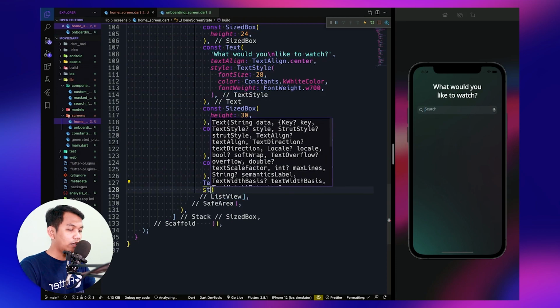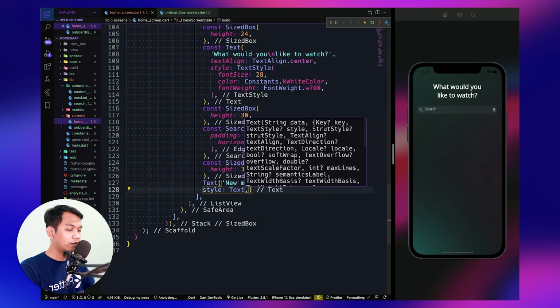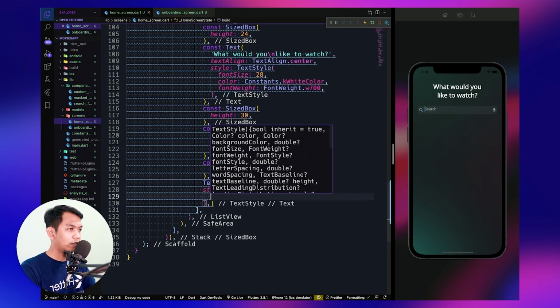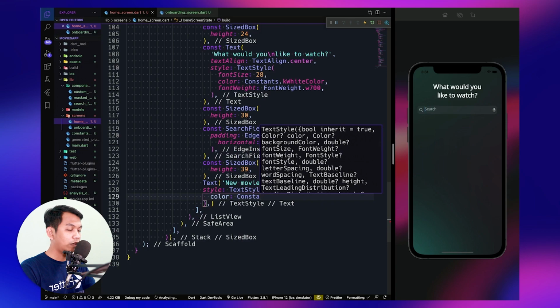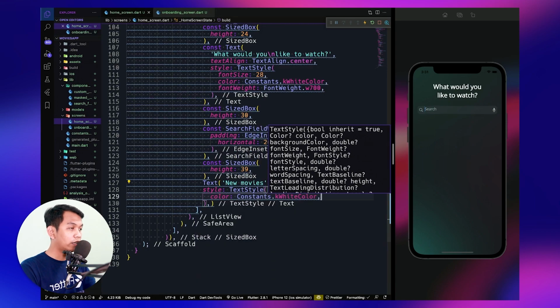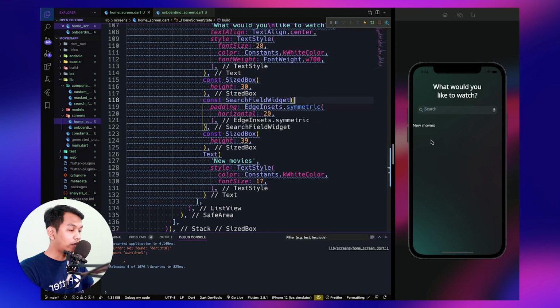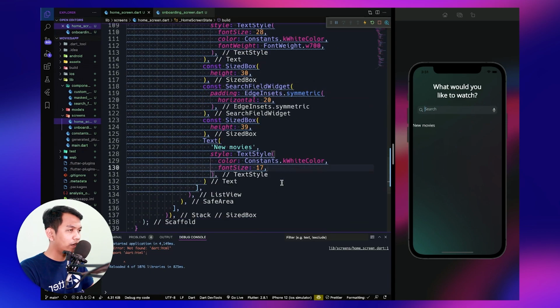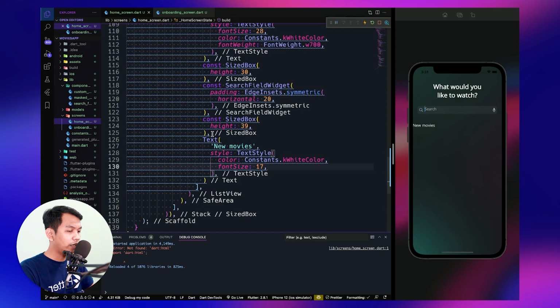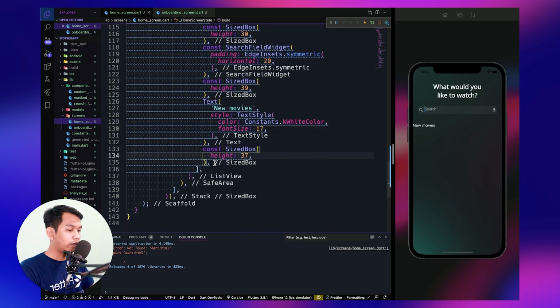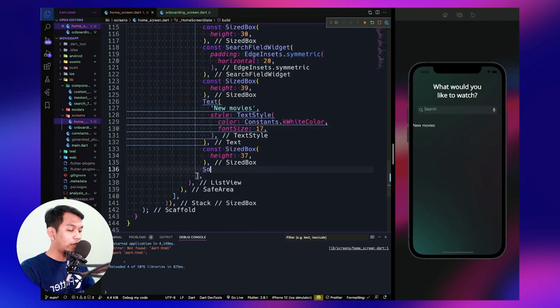With the style, we will use text style, and inside this text style, we will say color. We set it to white, and the next one is a font size 17, and now we will see new movies, and below that we will add size box again.